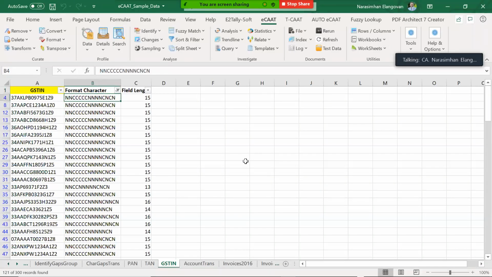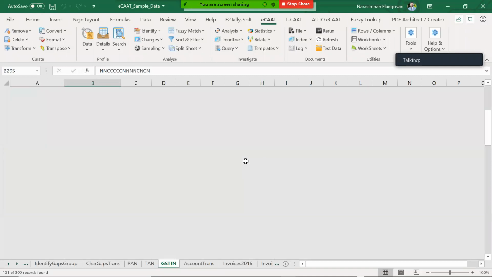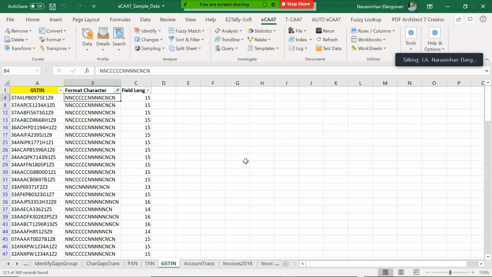So those of you done can apply it on GSTN as well. Can you see how simple things you can save time? Now imagine you have to do GSTN validation in Excel. How much formula you have to write? It just takes care of it. One shot, सब कुछ आ जाएगा.